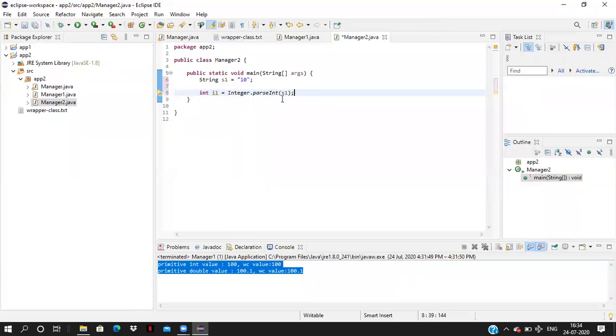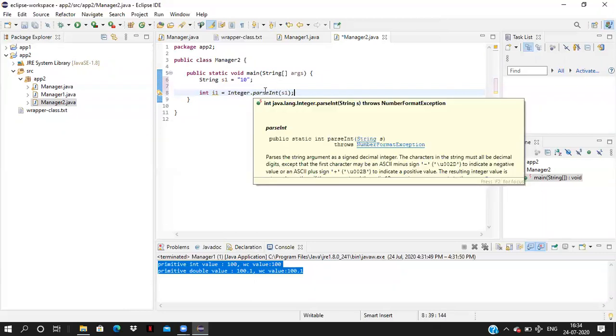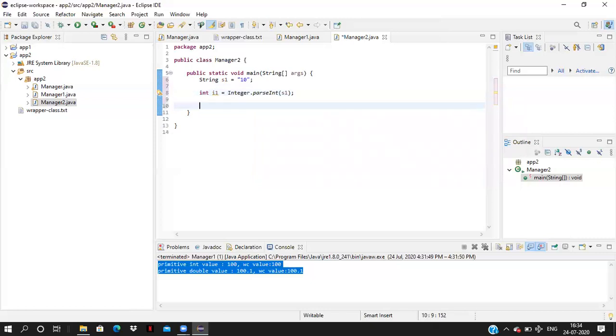The static method I am calling will take the string type and convert the string to the integer value. This is called converting string to integer. Now I want to convert i1 to string again. String s2 equal to, converting integer value to the string type. How can we convert?